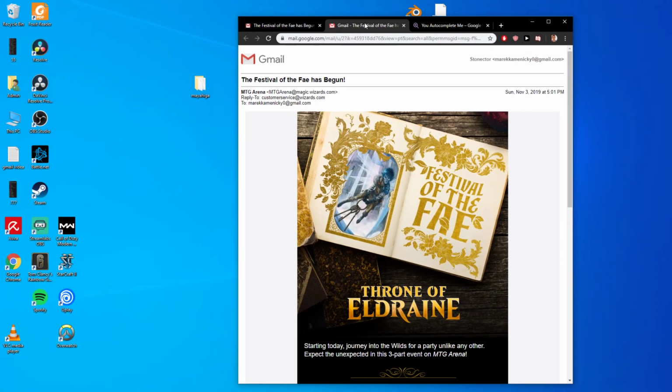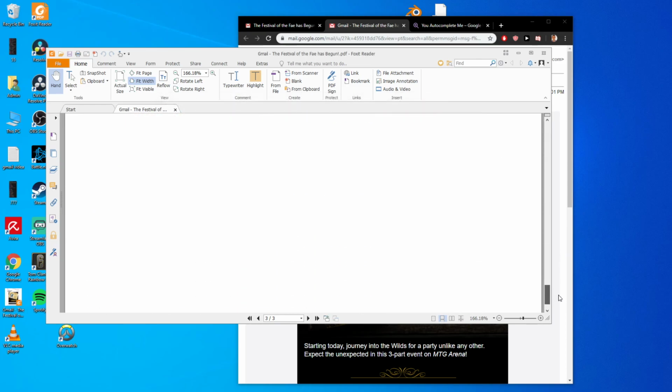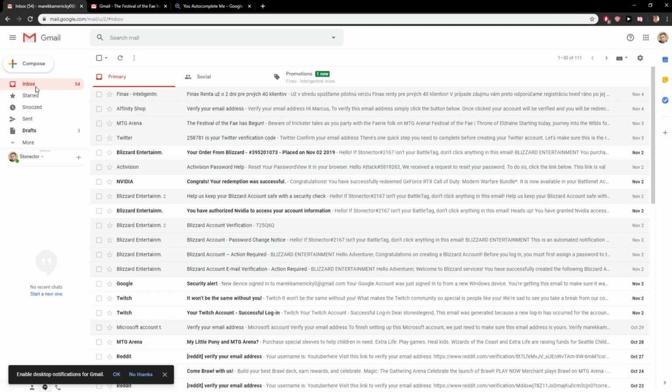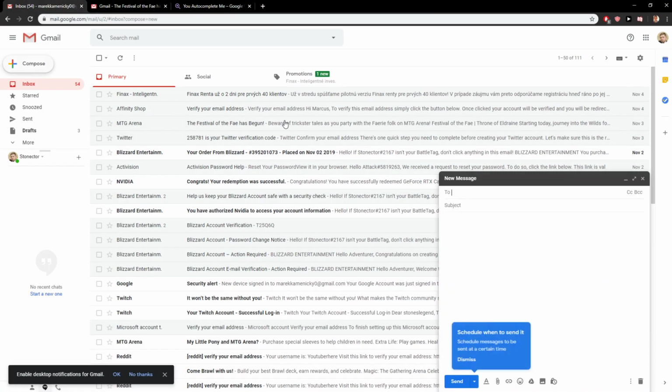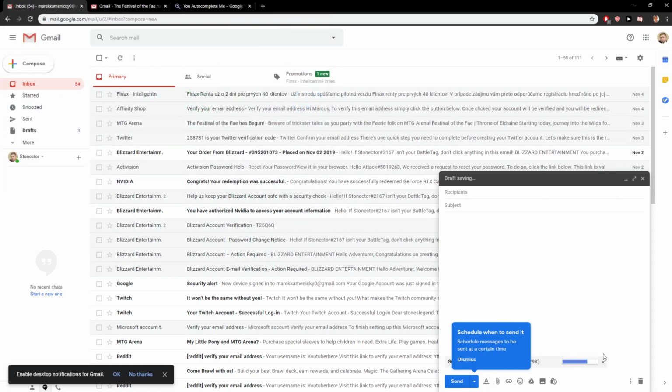Okay. We got it right here on my desktop. You can see it. And now what I'm going to do, I will go to inbox, compose, and when you want to send a message, just add a file, you'll have it here, Gmail. And now you have it here, the whole PDF, and then you just send it to, I don't know,